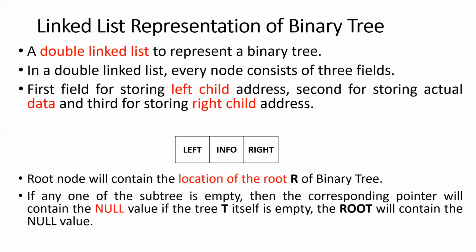Is it clear? So in order to do the linked list representation in a C program, we will make use of a struct, right? In the struct, we will first create a node. When creating a node, we should have one integer data value and 2 pointers. What will be the content of a pointer? Pointers will store addresses, right?